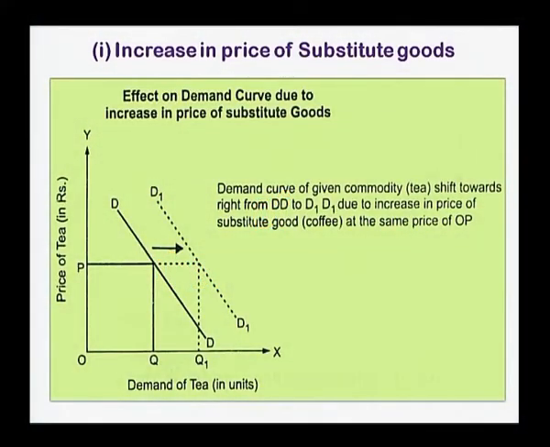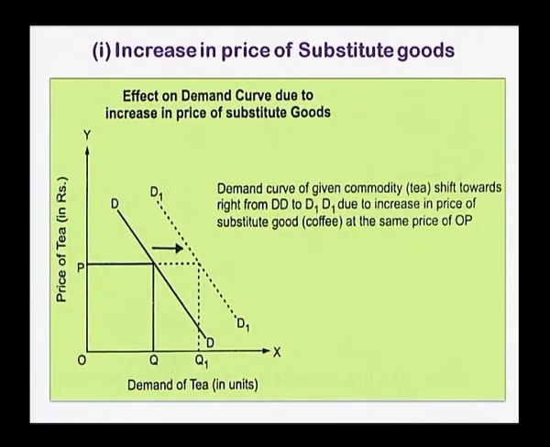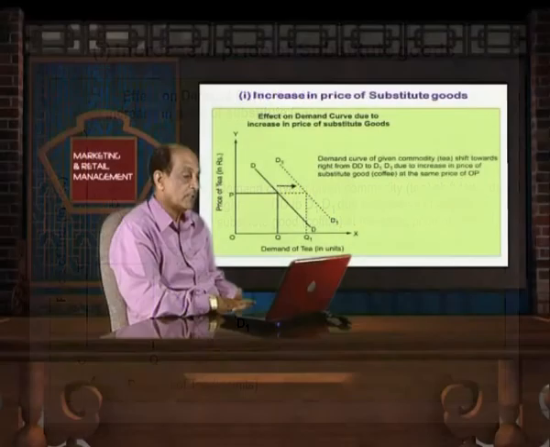Now, what happens when an increase in the price of substitute goods takes place? In this case, we have been given the price of tea, which is one of the substitute goods, and at the same time we have been given the demand for tea. Now, in this case the price is OP and initially the demand for tea is OQ, but price remains the same, but demand has gone up to OQ1, and this is shown with a separate demand curve D1 D1. But this increase has taken place maybe on account of an increase in the price of coffee. In this case, we can presume that consumers of coffee have switched over to tea.